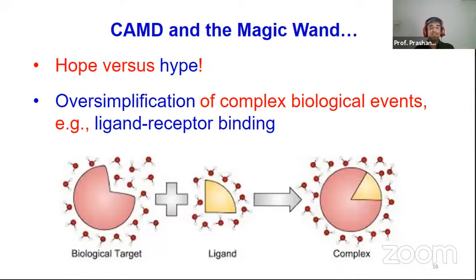And there is a negative aspect to that, that is the desolvation from target, desolvation from ligand. Because if that is not the case, then it's not a spontaneous process. So in thermodynamic terms, it will not really happen, right? Because you're trying to simulate it at 37 degrees, that is, at body temperature. So this oversimplification sometimes leads to a false outcome or false prediction, and one has to be very well aware of that.